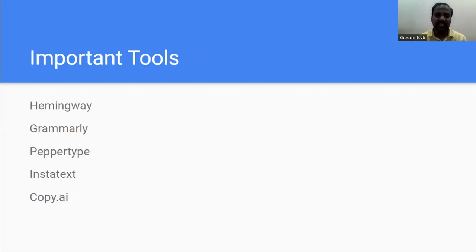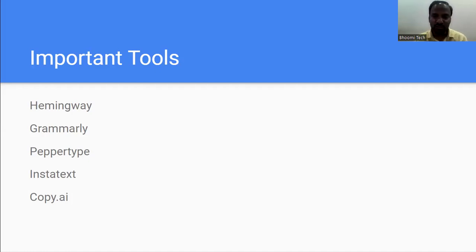And lastly, here are some important tools to help you in writing emails or whichever content you like. Hemingway is one tool, and it is a beautiful tool. It also helps with indirect and direct speech and passive and active voice. And as most people know, Grammarly, and there is also another website, Quillbot,